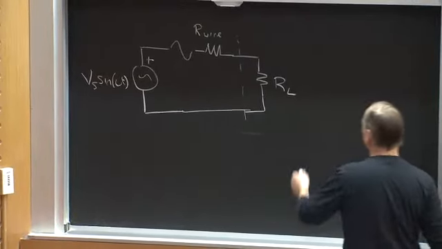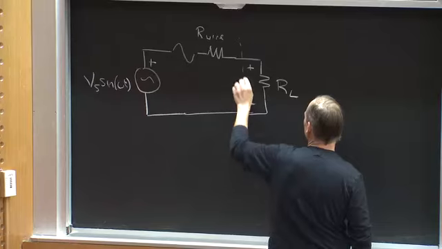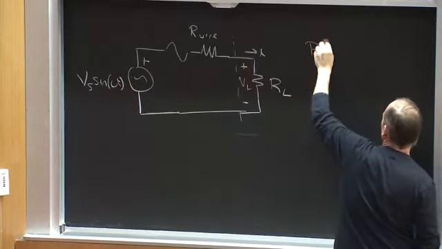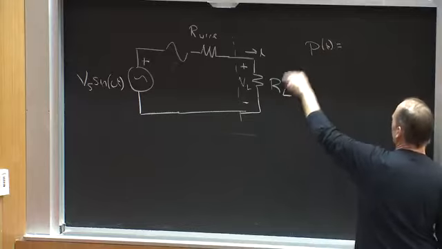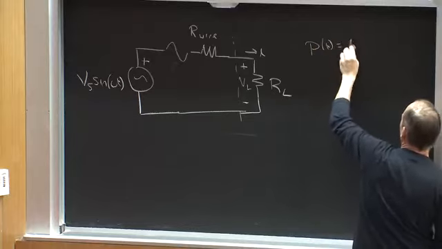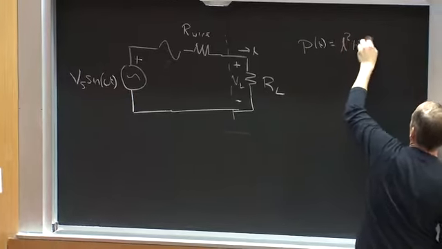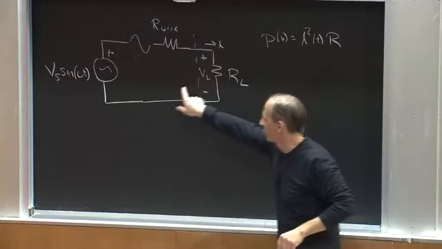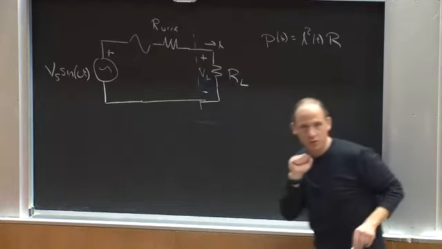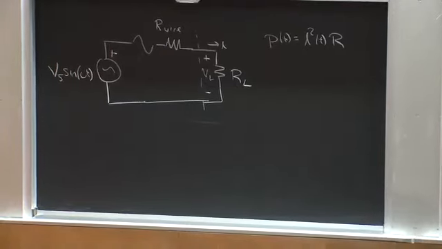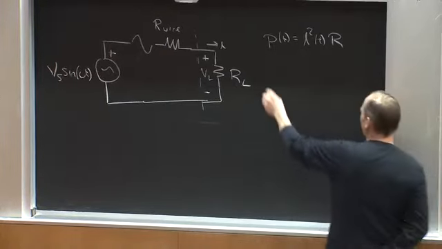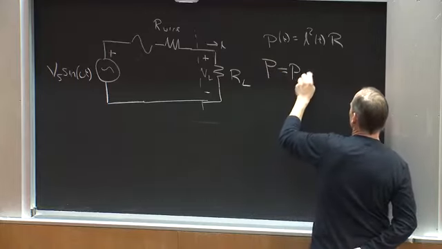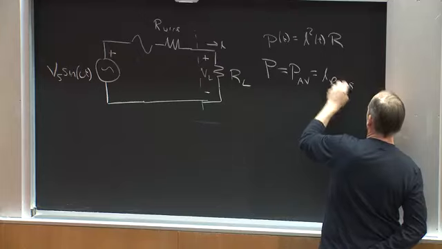Okay, well, P of t, here's V sub L, here's I, right? So P of t would, as we calculated, be equal to I squared of t times R, which would be, if VL is approximately equal to VS, because I'm ignoring the wiring resistance, I could calculate it that way. And I could say that the average power, I'll just call that P, or P_AV, is simply I_RMS squared times